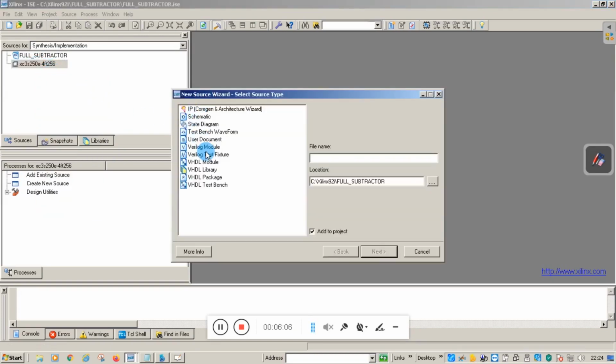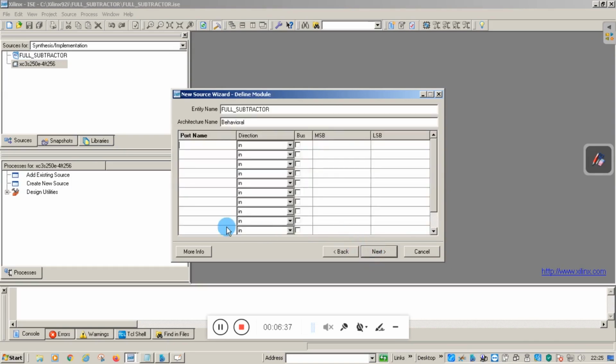Here we use the language VHDL, that's why we are using the VHDL module, and the file name can be the same as the project name also, and the same restriction holds good for this also. I'll give the file name full underscore sub. Then click on next.